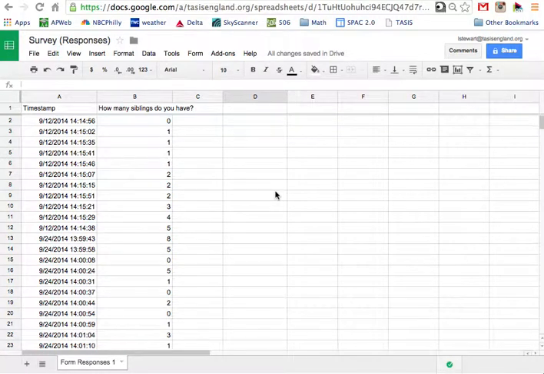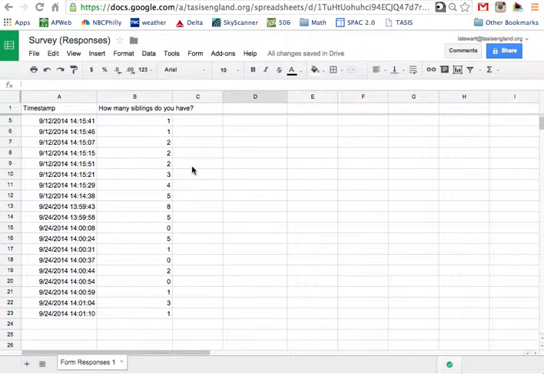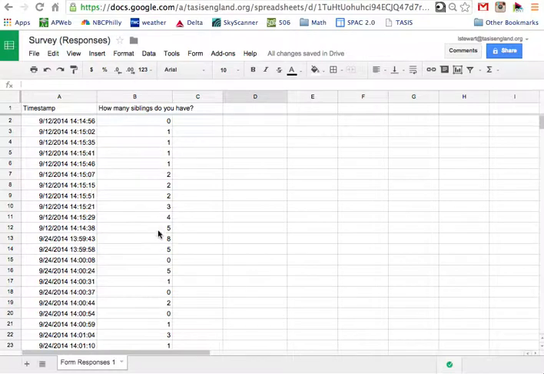So the first thing you need to open is your responses sheet in Google Drive. It should look something like this with all your responses, depending how many you have. So I have 22 responses right here. And the first thing I want you to do is take these responses and put them in order from least